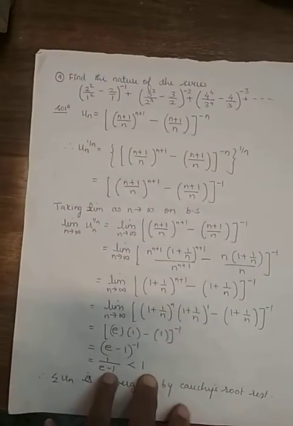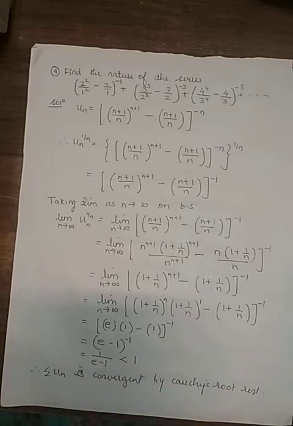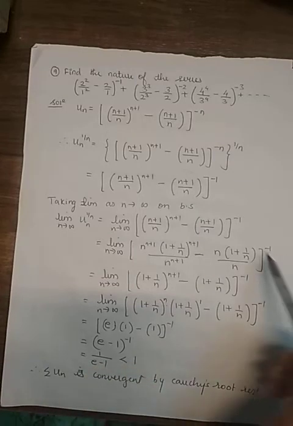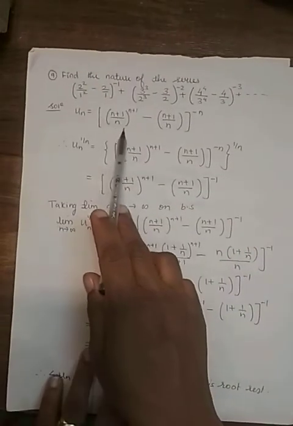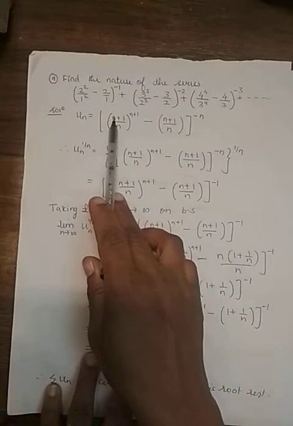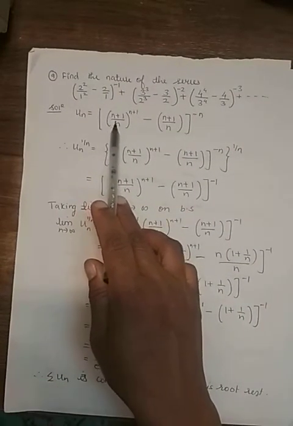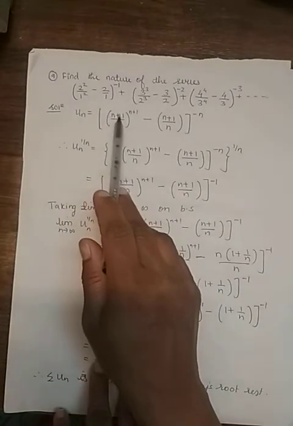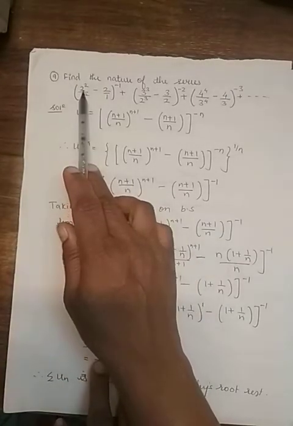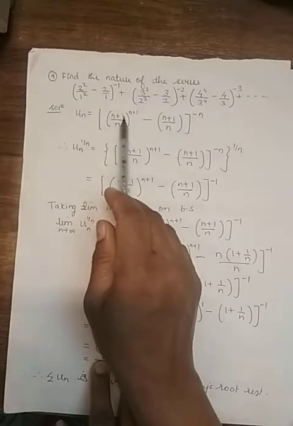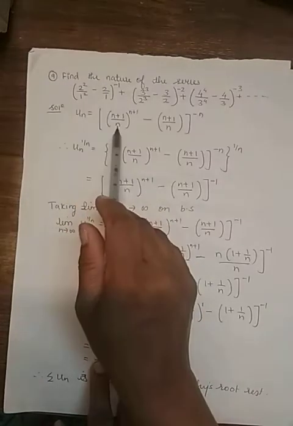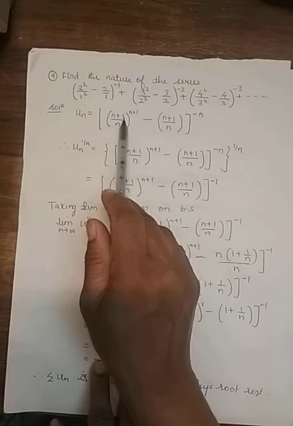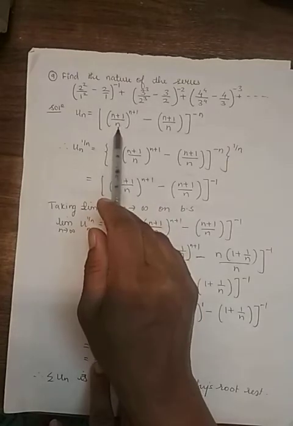This series, again, they have given the series form. We have to write for the general form. Now see there, here it will become what? You have to start with n equals to 1. So if I have to get n equals to 1, it means I have to take here n plus 1, because I want here 2. So 1 plus 1 becomes 2, and here n is 1. So I have taken in the numerator n plus 1 and in the denominator n.